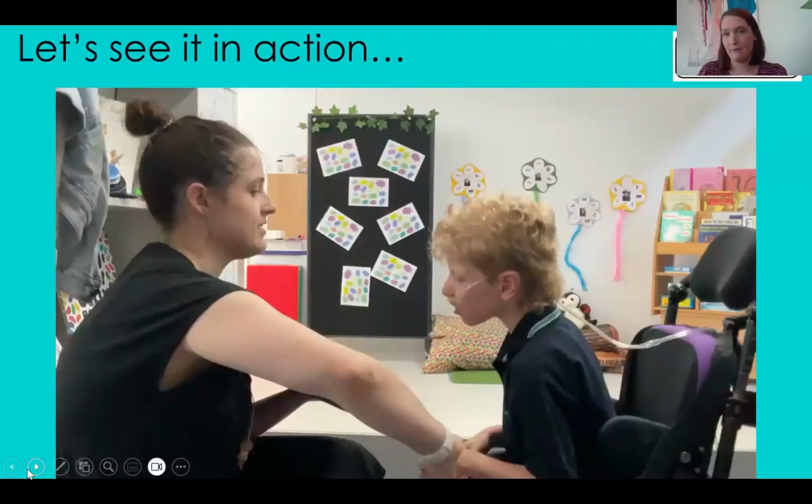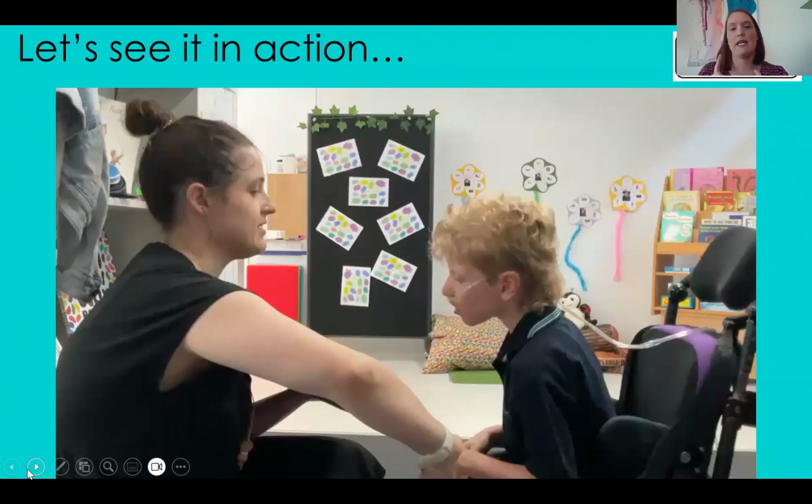Why? There could be a multitude of reasons. As you can see, he's quite physically disabled, but he is very intellectually able. And through these learning experiences, we've been able to see how much he really knows, which is incredible because he is at the upper end of primary. So he's been at our school for quite a while. And what this teacher was able to find out in a really short amount of time was incredible. So the adjustments he needed was the physicality.